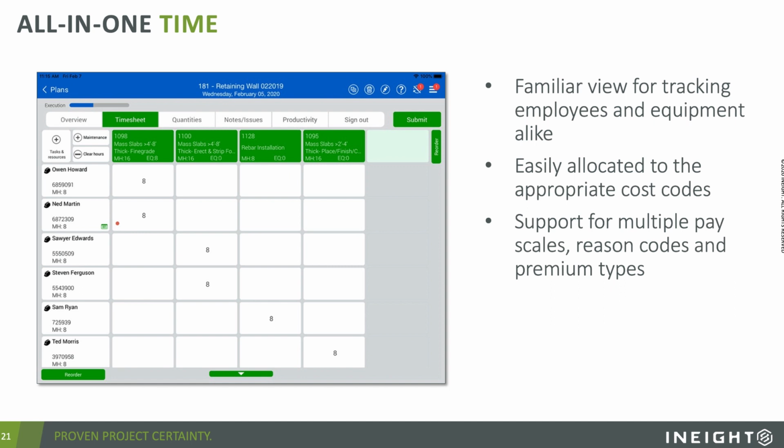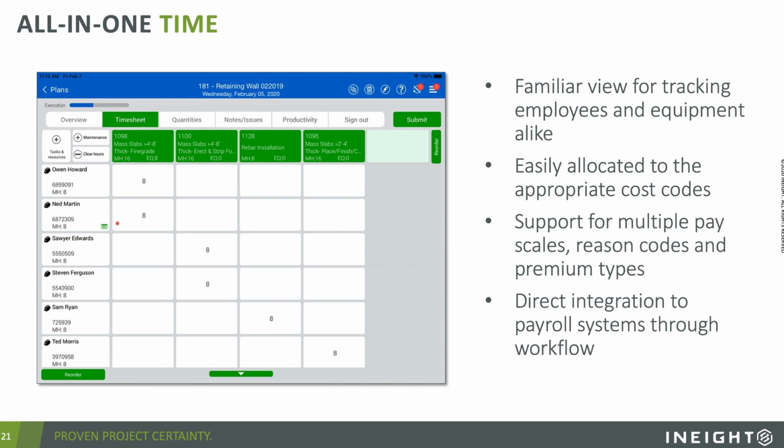And the foreman doesn't have to write a certain code or a letter next to half the hours and then write another set of hours and another letter and try to fit that all into that little box on the piece of paper. And of course, when it comes to time, the most important part is let's pay these people. And so there is direct integration through workflow, through approval, to go into that payroll system.